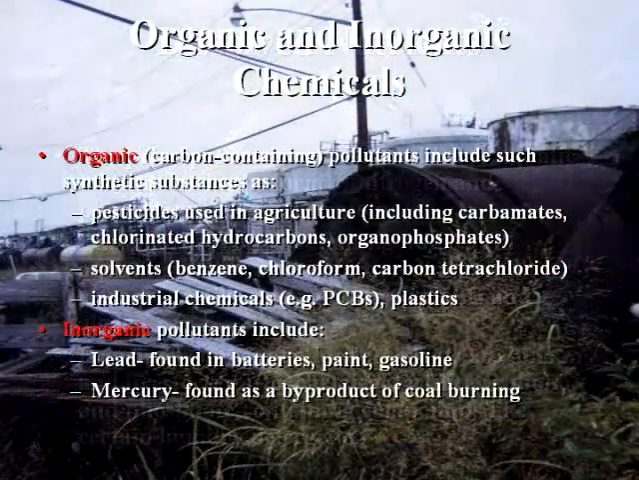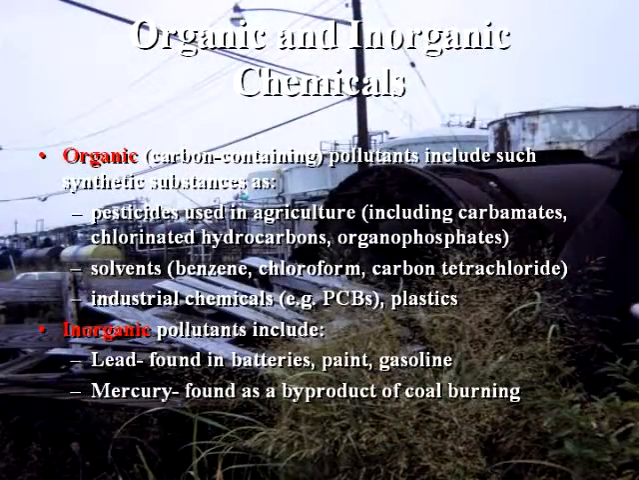Now, nutrients and sediments are not the only sorts of pollution issues facing aquatic systems. There's quite a few other kinds of chemicals that can also negatively impact these systems. We can divide them into two major groups: the organic chemicals and the inorganic chemicals. Organic chemicals would be carbon-containing compounds, many of them synthetic in nature. Things like pesticides used in agriculture,